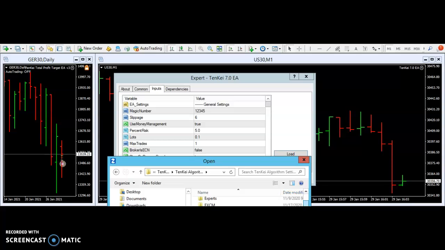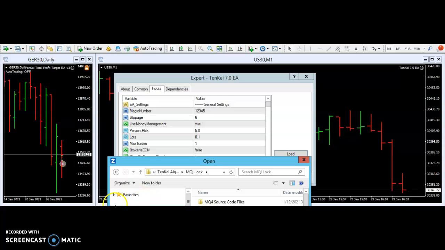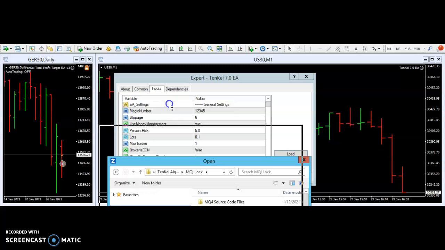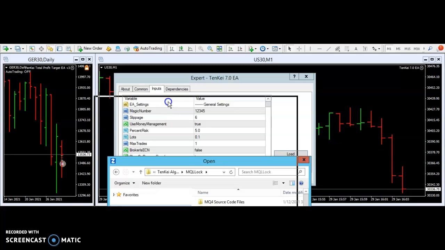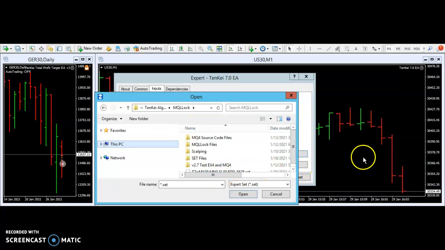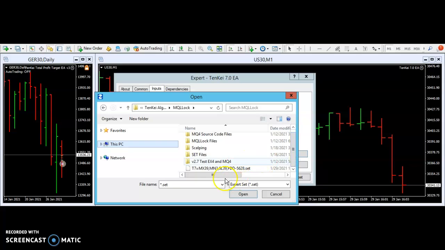Alright, and MQL lock, and let's do some other bits down here. Let's pull this back up again over here. See, look at the Dow. The Dow's falling at the moment, so what would you be doing? You go short, right? Set files, and we've got some set files in here,